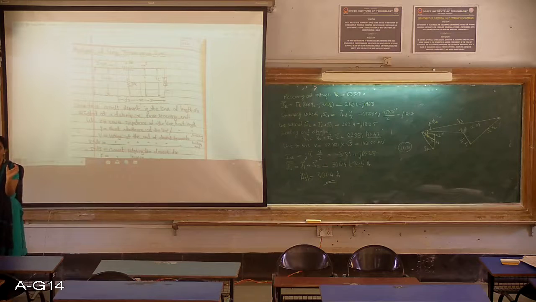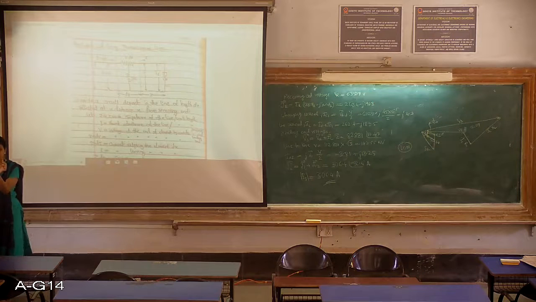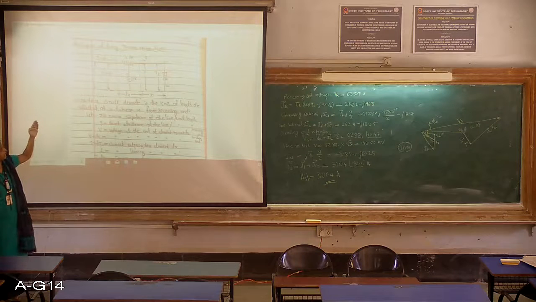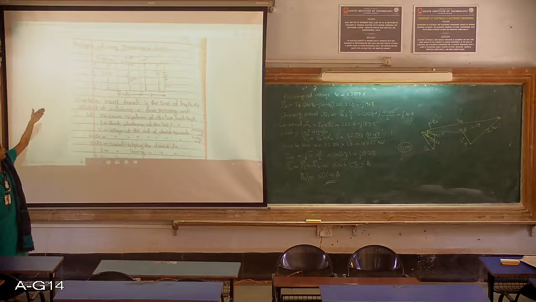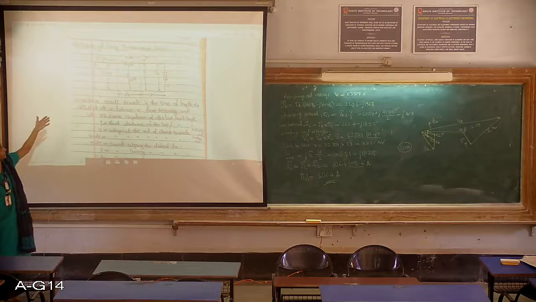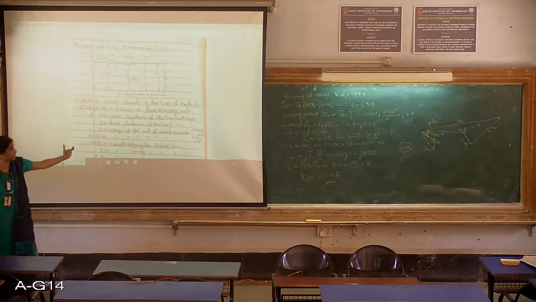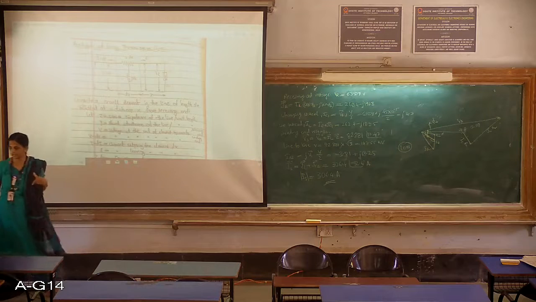Now, to analyze such a long line, we are going to consider one small element of the line. As you can see, one small section is being considered. We have taken it as z dx, a small section of the line, and the shunt admittance is represented as y dx, both in lower case. Then I plus dI and V plus dV are at the sending end side, and then you have the receiving end current, where we represent the load.